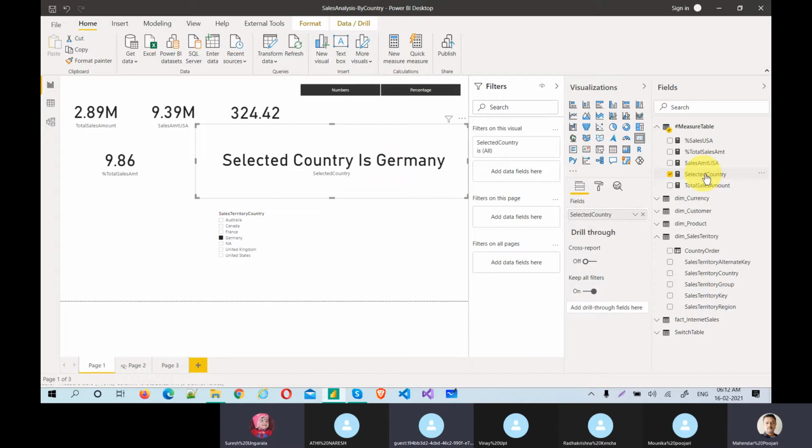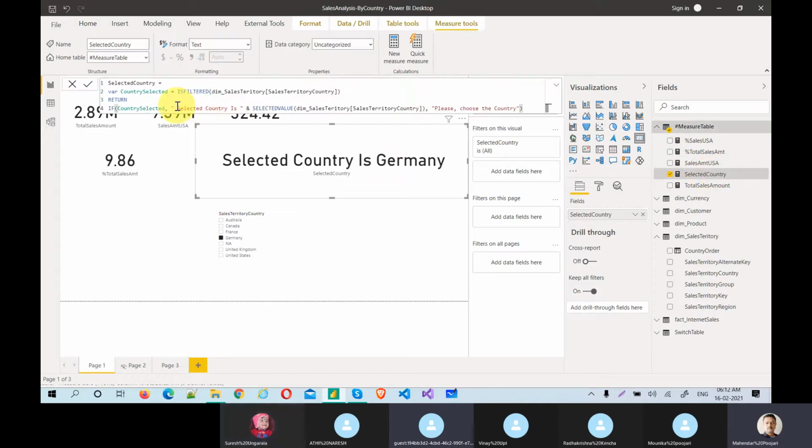Now I'll show you, just observe clearly. In the if statement, the syntax clearly says: if selected, then give the value; if not, please choose the country. So that is the intent. Here the selected value and the variable we introduced, isFiltered, give that filtered value.